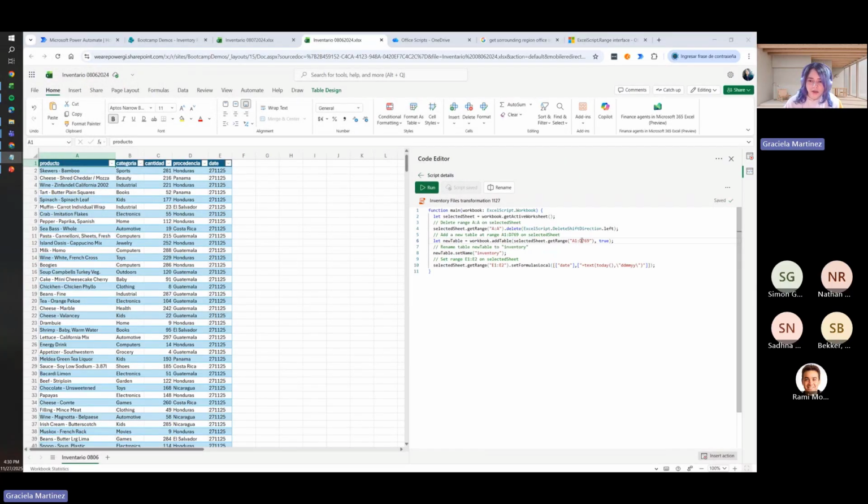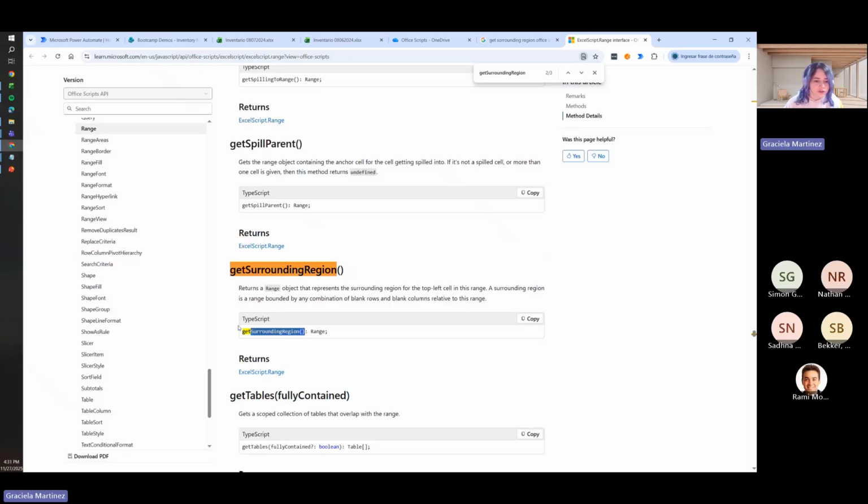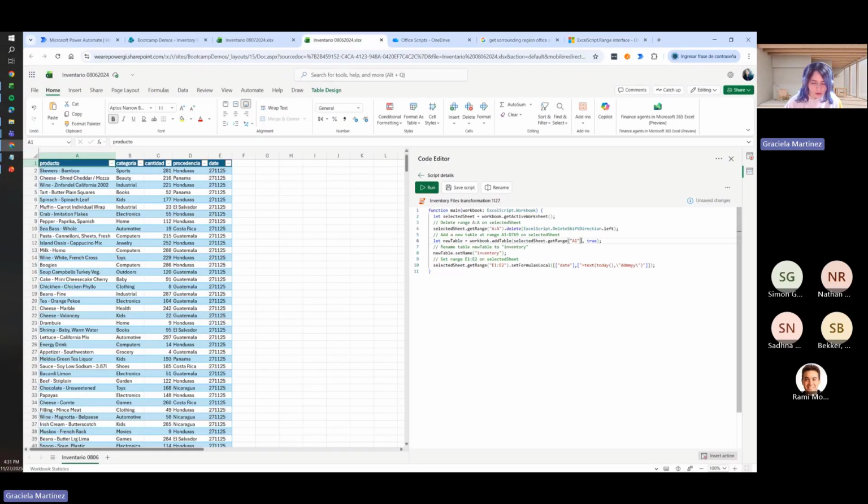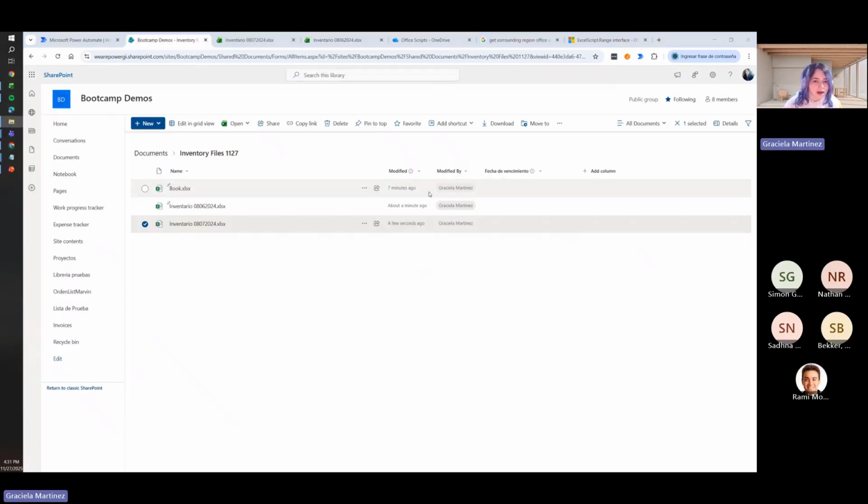So in this case, we are going to get range A1, and then we are going to use this function, get surrounding region. So let's put a dot here, after the parentheses, and then get surrounding region. Then let's save the script,